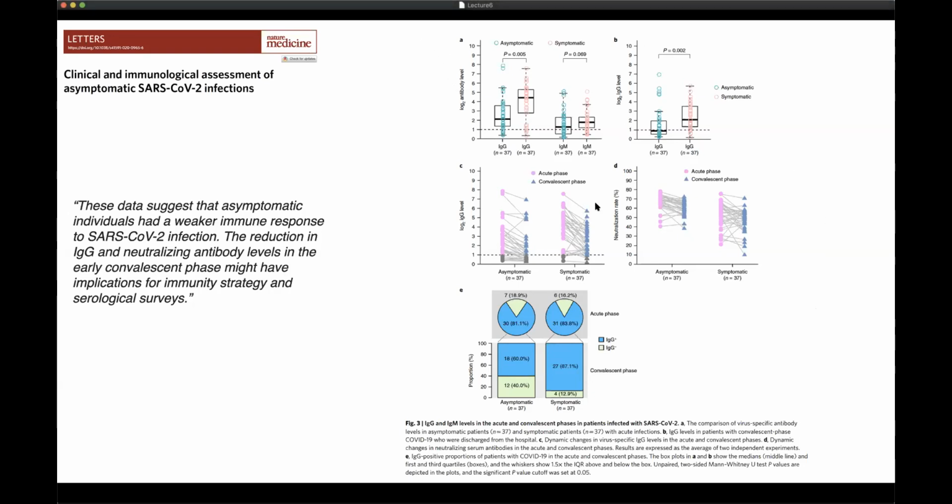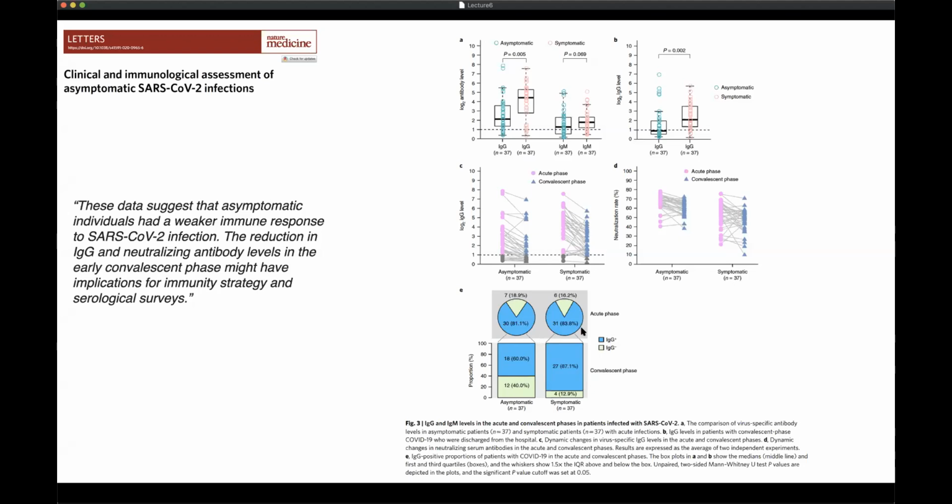I'll come back to it in a second. And the take-home message for this set of figures is that these data suggest that asymptomatic individuals had a weaker immune response to SARS-CoV-2 infection. The reduction in IgG and neutralizing antibody levels in the early convalescent phase might have implications for immunity strategy and serological surveys. So this was the paper cited by the review, and they said 40% of the asymptomatic cases have no immunoglobulin response